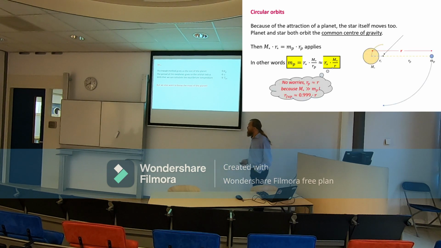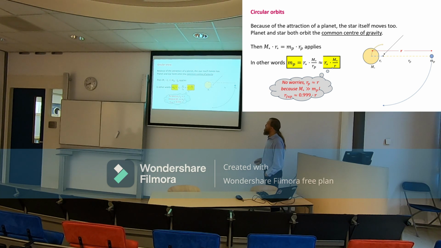So for the mass, we need this. If you swing a huge weight, then it depends on the length of wire and the weight, how much force you should apply. So we know that for a big weight, a large mass, we need a short arm, and on the other end we have a small mass with a large arm. So this moves with a big radius, this moves with a small radius, and we find this. You've seen this law before, I guess. So we can find the mass of the planet by making this approximation, and don't worry, because